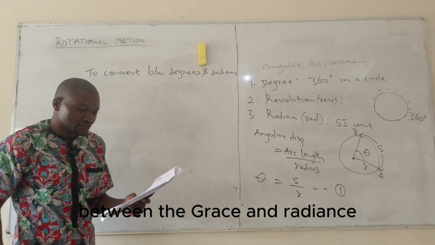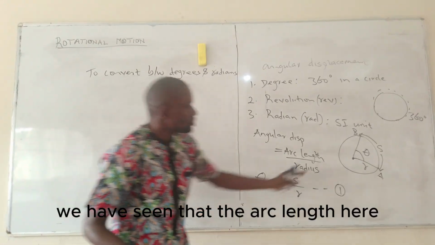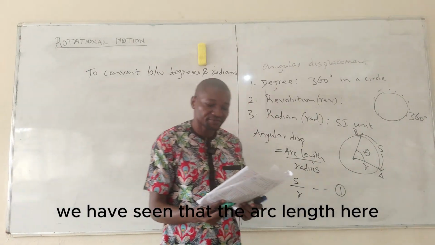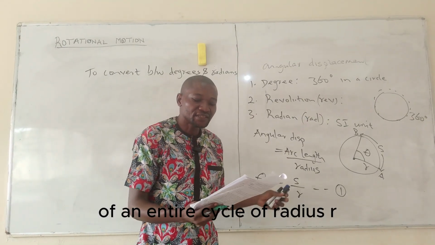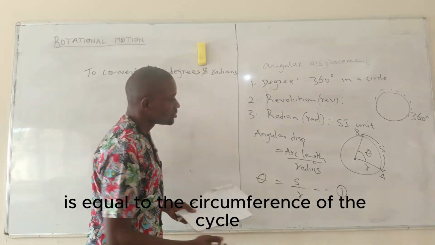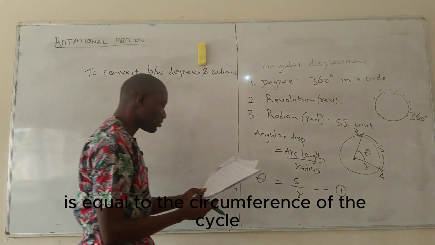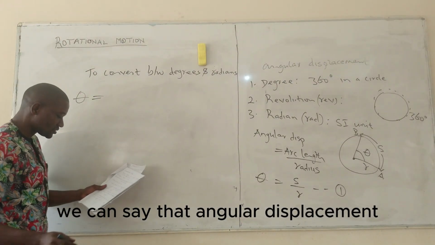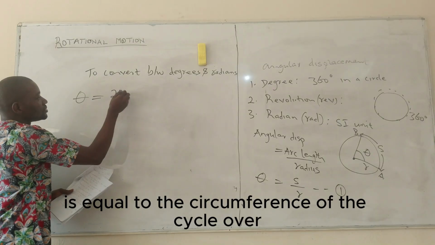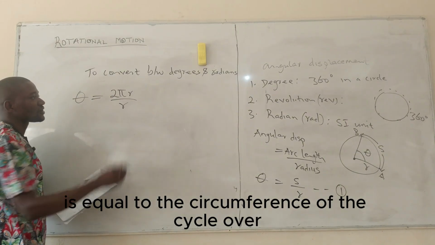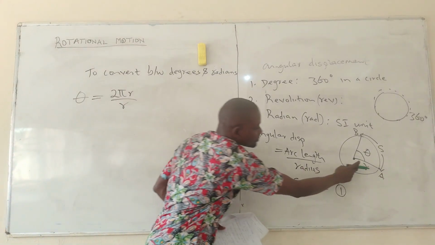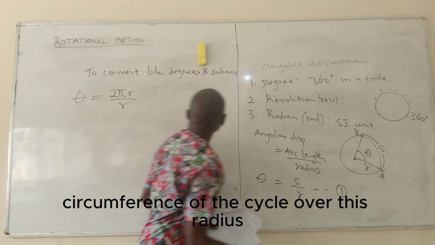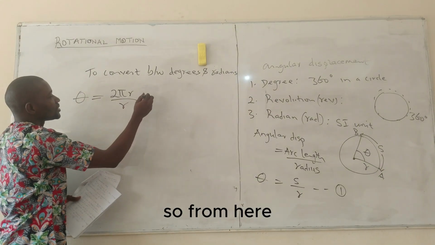Between degrees and radians. We have seen that the arc length of an entire cycle of radius r is equal to the circumference of the cycle. So we can say that angular displacement is equal to the circumference of a cycle over the radius. Circumference of the cycle over this radius. So from here,